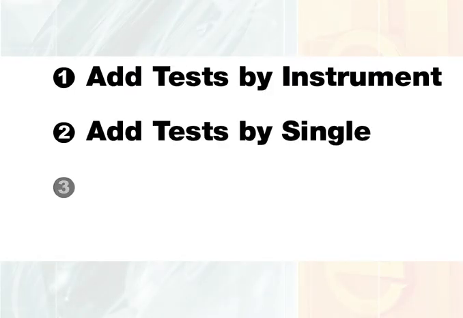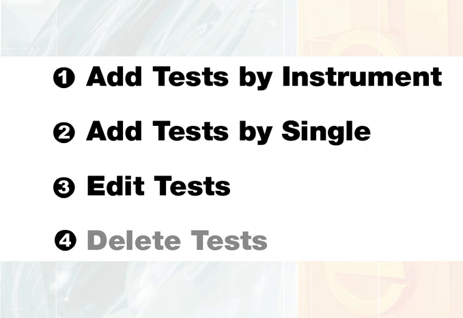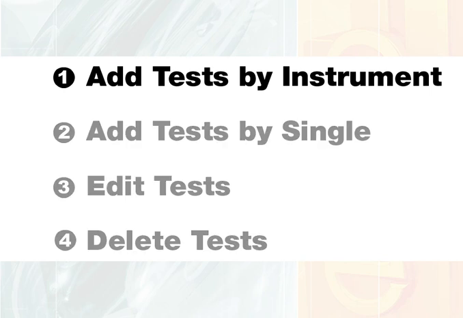After setting up eQuas programs, you can add tests, configure them, or even delete a few tests. You can add tests as a group or individually. Tests are added as a group when there are multiple tests performed by a single instrument. To add tests as a group, you use the Setup by Instrument feature.